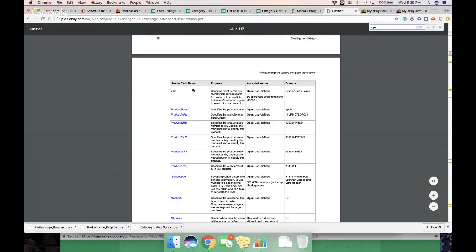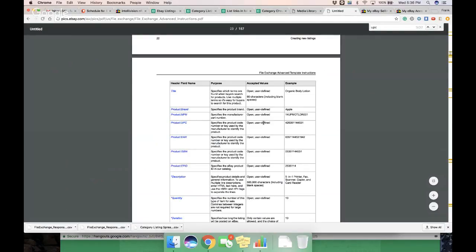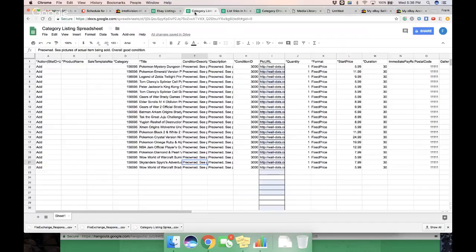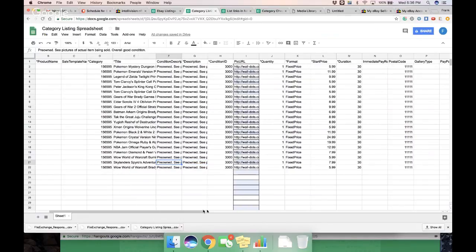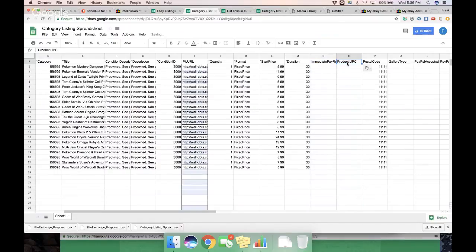Okay, here we go. So if we wanted to put in a UPC, we would just literally copy, or maybe we just have to type it out. Oh, there we go. So I would copy that, and I would paste that. I don't think it matters where it goes, right? So if I insert one to the right, if I pasted that in and then put my UPC,